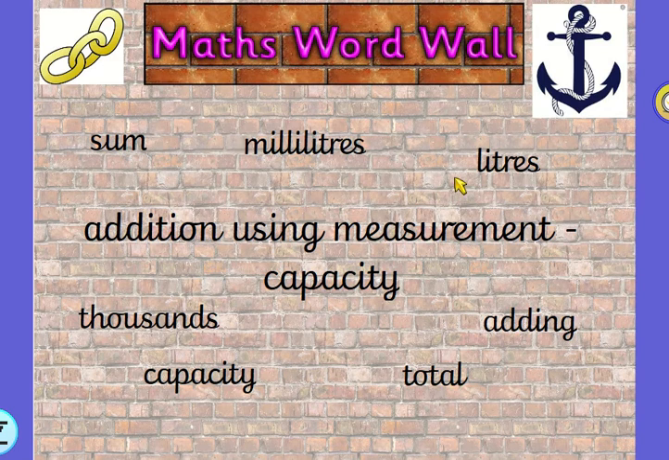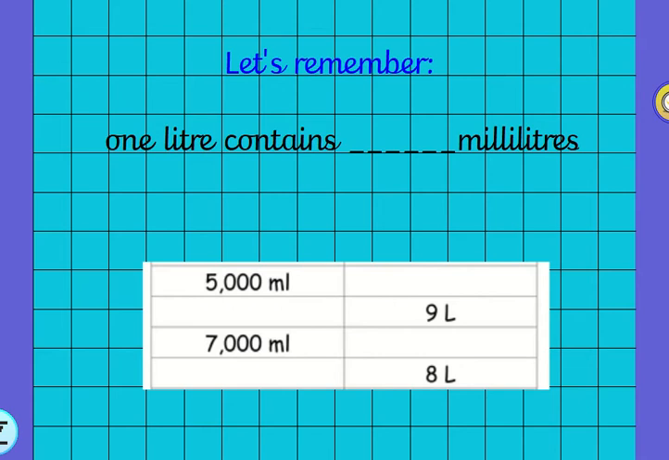So there we go, there's our vocabulary wall, and we've got millilitres and we've got capacity on there. And the reason we've got thousands in there is because, as we've just been told, there is 1,000 millilitres in 1 litre. Milli shows that there's 1,000 in there. So we need to remember that 1 litre contains